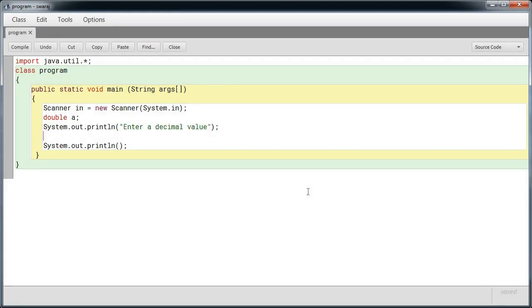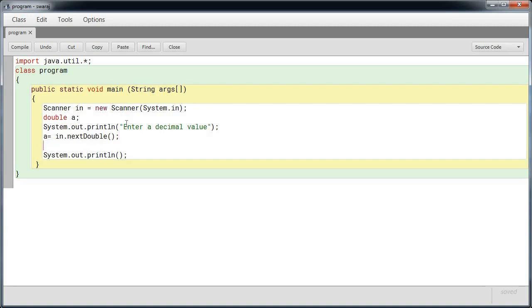Now we will accept that value from the user using the statement a is equal to in.nextDouble and a semicolon at the end.